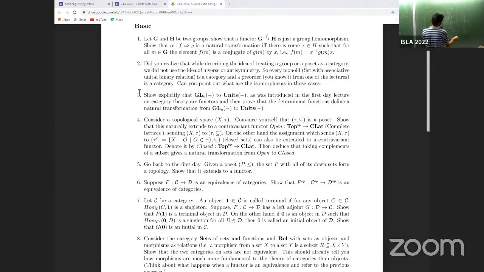Now this you can check is a functor very easily. And it is not just a functor, but it is also part of an equivalence of categories, because the same thing could be said about G. You can define G op as well. Are you still there, Anita? I'm not sure who I'm talking to.